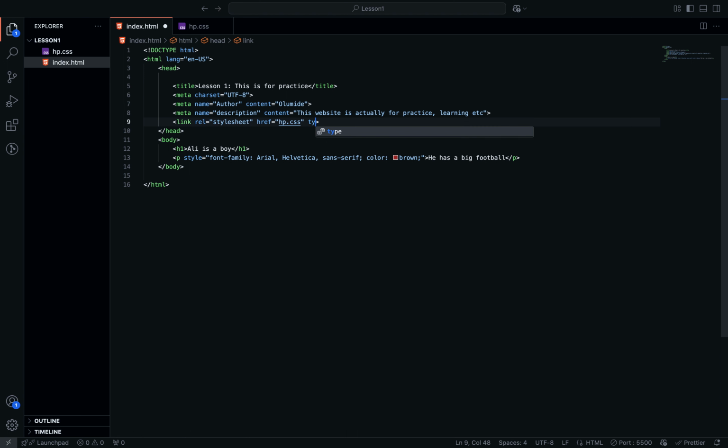You can say type. What type of link is this. Enter. You can say text/CSS. To say it's not ordinary text, it's CSS. Control S and Command S and leave it like that. Now, to show you the effect of this, if you go live,